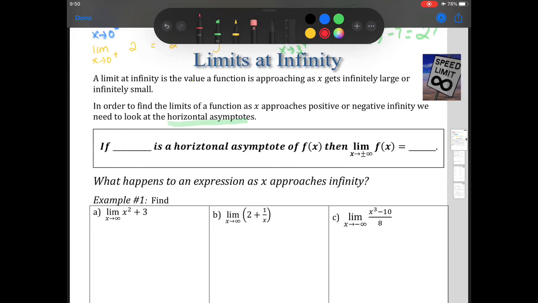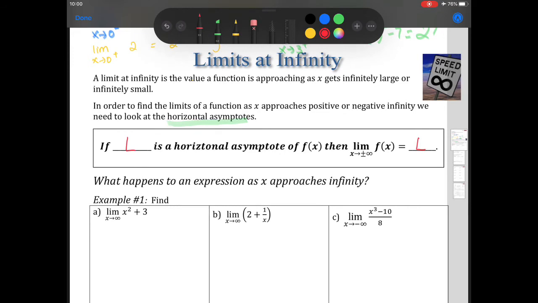So now let's fill in this. If L is a horizontal asymptote of f of x, then the limit as x approaches positive or negative infinity of f of x is equal to your horizontal asymptote, whatever that would be. Okay,